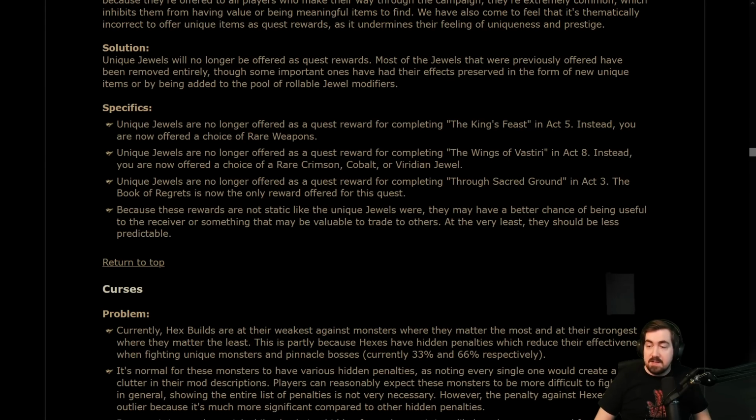Because these rewards are not static like the unique jewels were. Wait, it means like 2, right? 3? 5, 8, and 3? Unique dual reward in Act 3. 2, 5, and 8. Means Act 2. Right, okay, I'm not going insane, thanks. Because these rewards are not static like the unique ones were, they may have a better chance of being useful to the receiver. I mean,